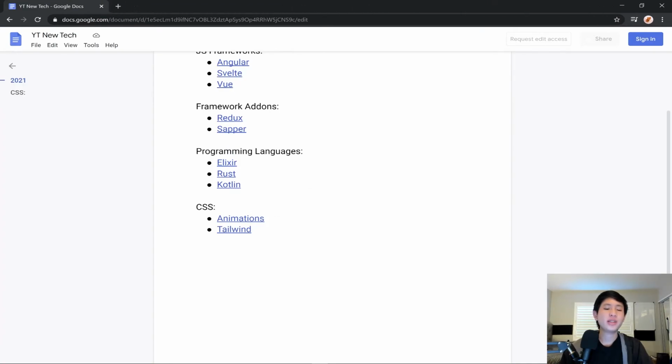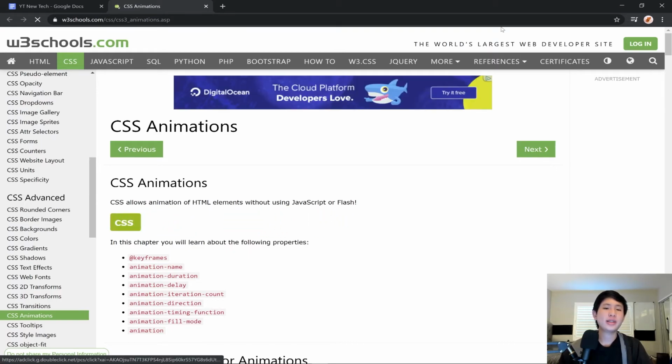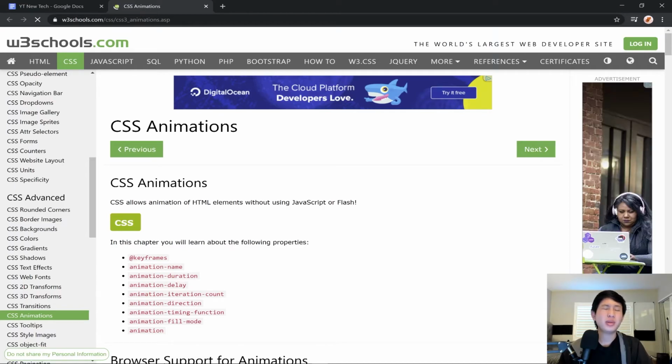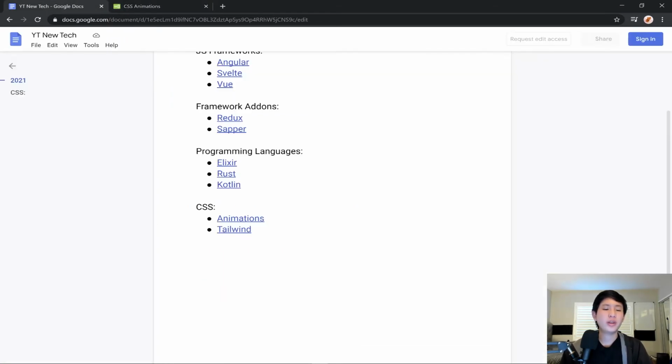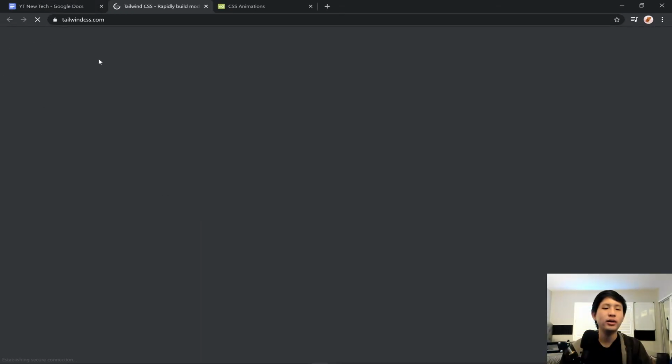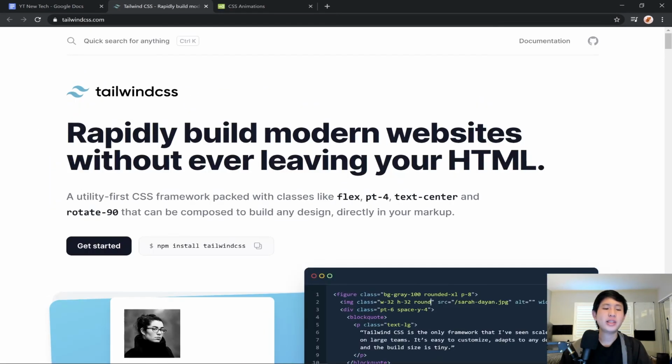And then in terms of CSS, I'm just improving on these two. I'm improving my animations because I only know basic animations, like the ones that I've shown you on my CSS animations tutorial series. Those are the fundamentals, in addition to maybe some slightly more intermediate stuff, but overall, I can't make amazing animations that you've probably seen on some websites, so I'm looking into improving on that. And then learning Tailwind, or improving my Tailwind, which is an amazing CSS framework,